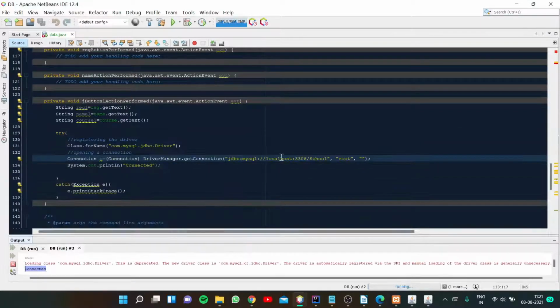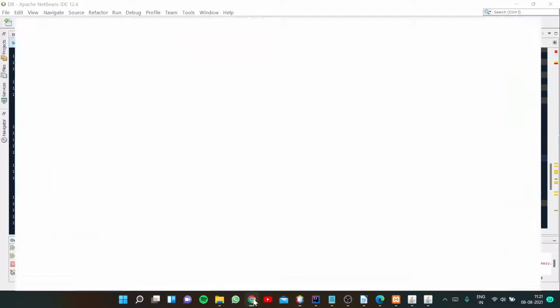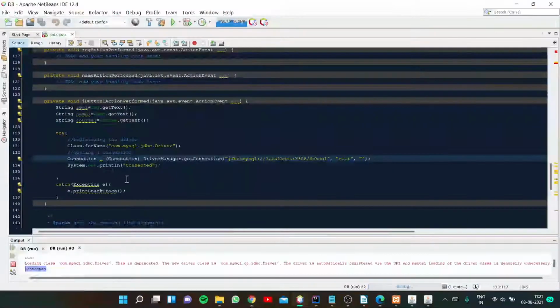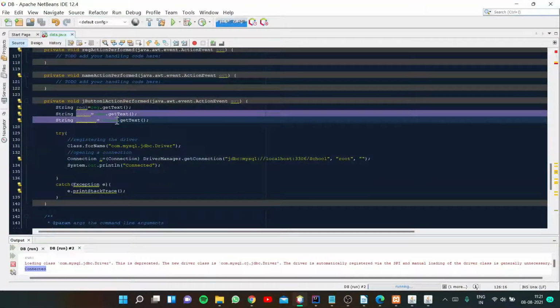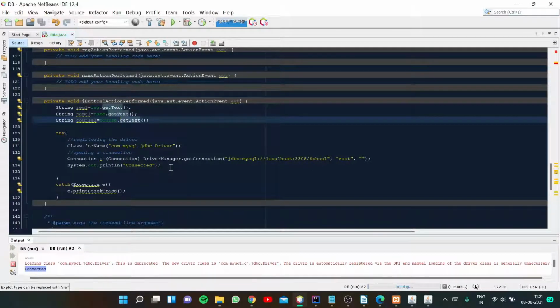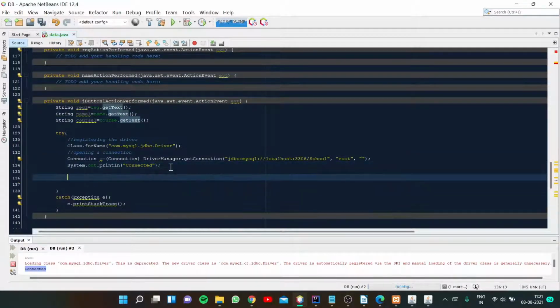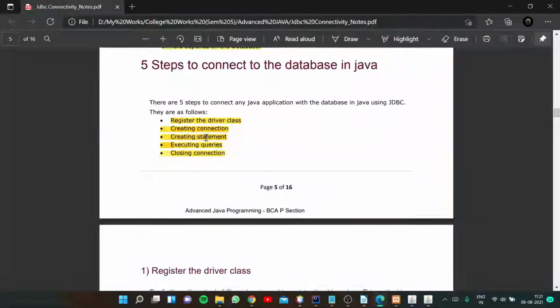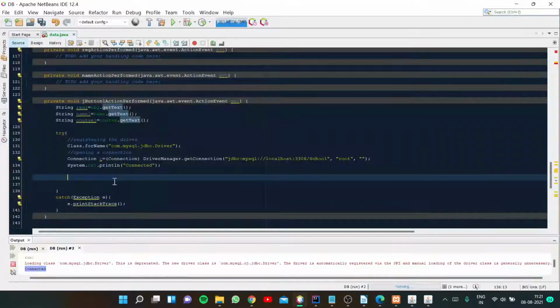Okay, now we are going to the main part. We are going to accept the data from the user, and we are going to insert it into the database. In each column, in each row we will insert. We have just collected the data. Now we are going to insert. So for inserting, the third thing that we have to focus on is creating statements. This is the main point. We are going to create the statements for entering the data into the database.